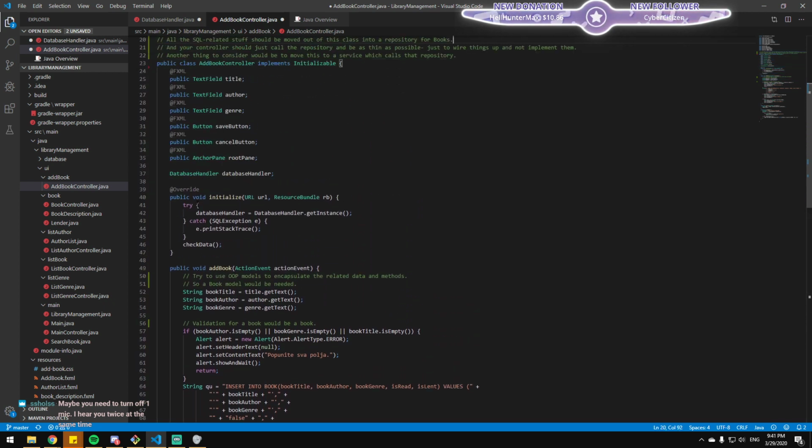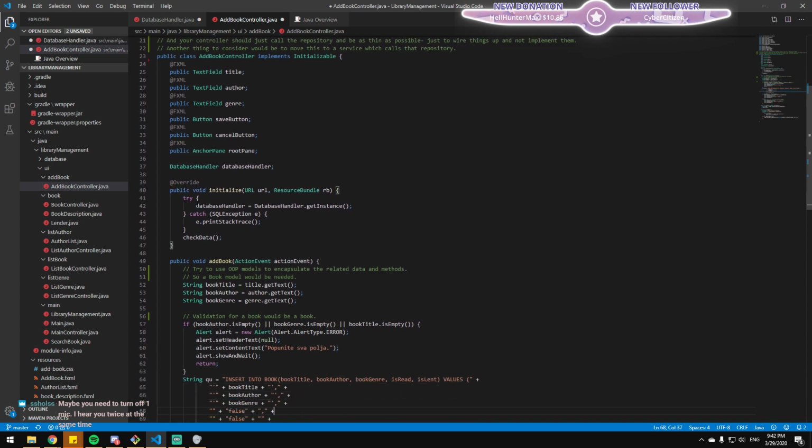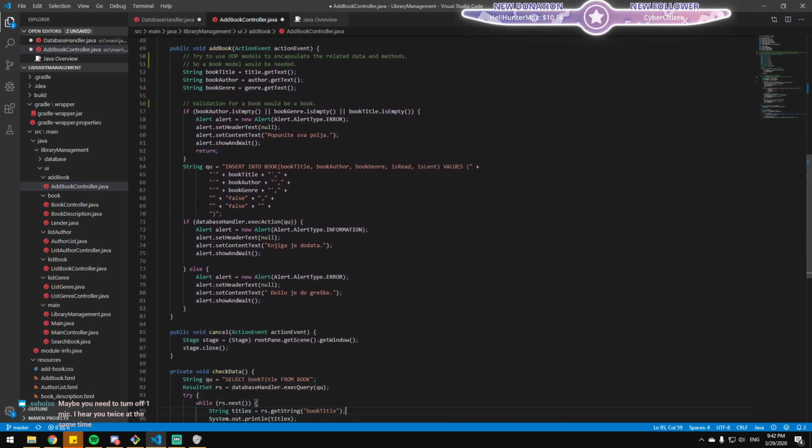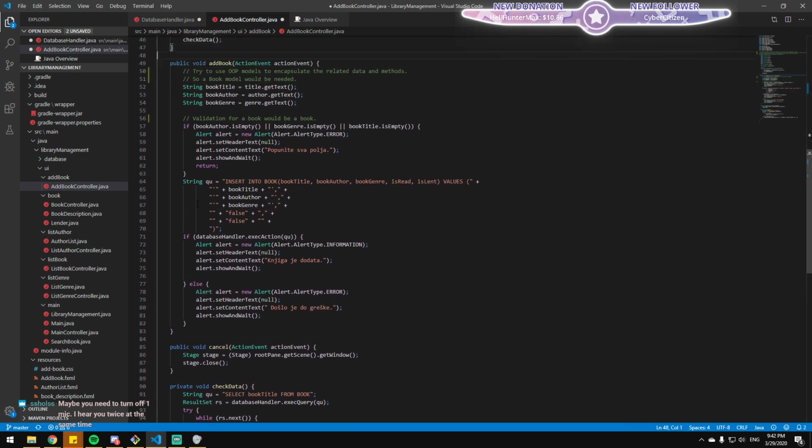So basically move all of this stuff to a repository, and the repository gets called by the service for books, and then you have this controller calling the service, and it would mean that each of those methods is just 1 or 2 lines. Also, the alerts: there are 3 alerts that are basically the same lines of code. That can definitely be a function.